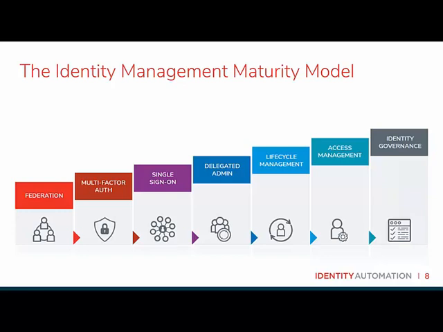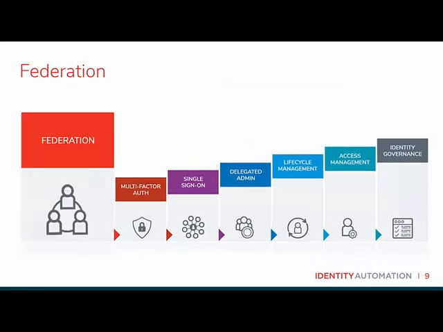So as a quick review, a maturity model is simply a tool that can be used to identify where you are at in terms of functionality and what it takes to get to that next level. Also, just a reminder that not all organizations have to reach the highest level. That's really an organizational decision to determine if you need to reach a certain level of maturity. So with that, Dave, let's take a look at each one of these. If you can start us off by diving into Federation, that would be great.